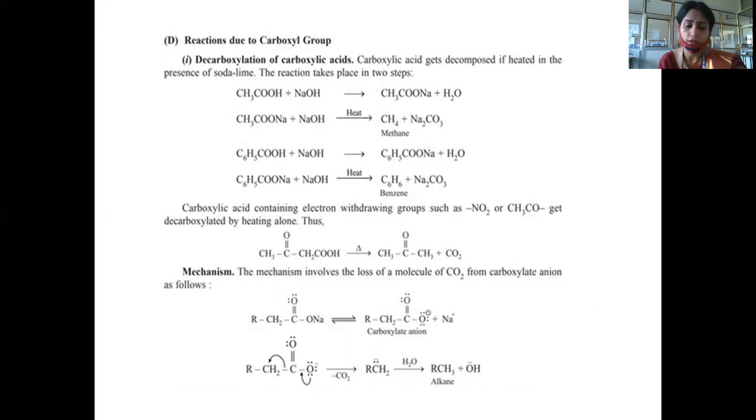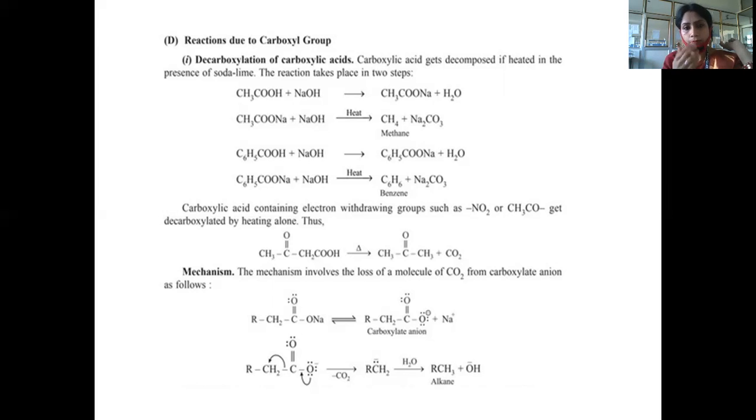Reactions due to carboxyl. So COOH is a carboxyl group, COO group also. So now we will see reactions which involve the COO group. That means the O-H bond is breaking down. So first is the decarboxylation of the carboxylic acid. Decarboxylation means carboxylic acid gets decomposed if it is heated in the presence of soda lime, that is NaOH, and the reaction takes place in two steps. So the CO2 group is getting removed, and how it is being removed? In the first step, sodium acetate is formed, and then in the second step, sodium carbonate is formed, and